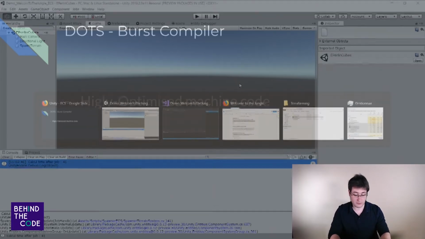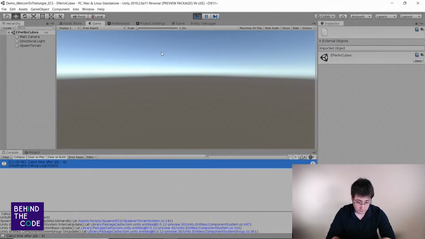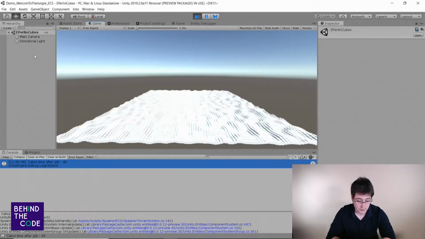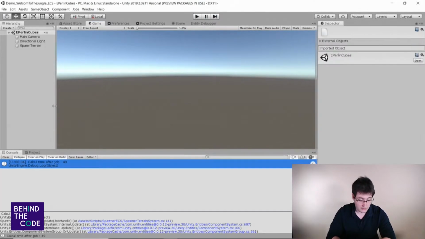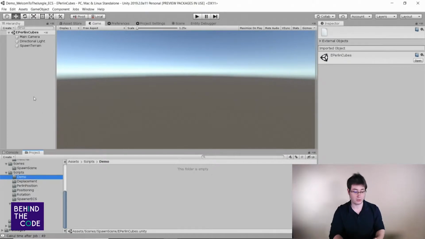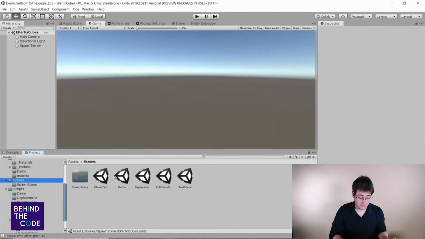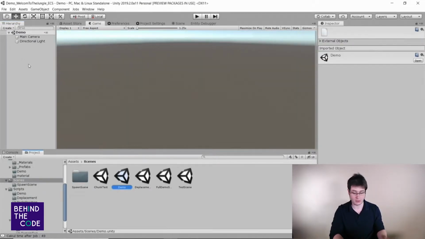Now I will show you how to make this little demo where you spawn 10,000 cubes. But first we need to know how to spawn an entity, how to make an entity object.